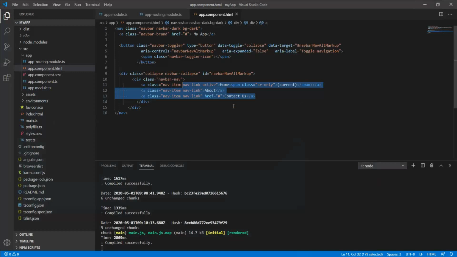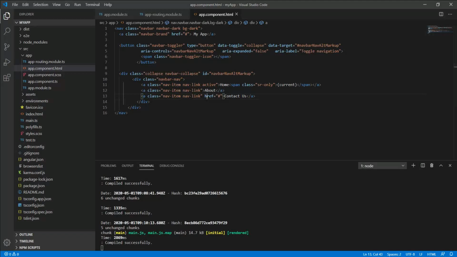Okay, done. Now our next step is to create a separate component for each menu, so that we can cross-check whether our page is routing to the different component or not. And one more thing, why we use routing. Suppose when we have at least two components in your application, if you want to visit from one component to another, you can do it with the help of routing.